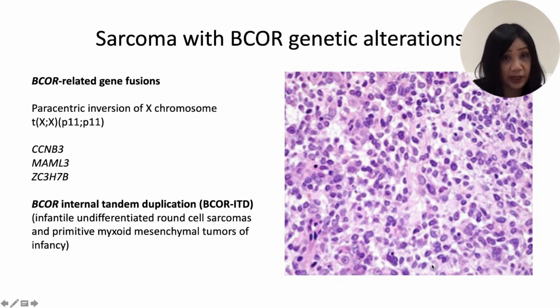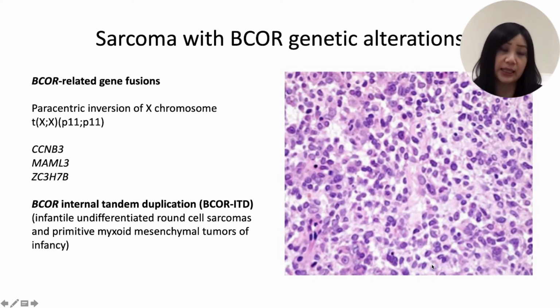So BCOR gene can cause tumorigenesis in two ways. The first way is that it can fuse to a partner gene. That's a variety of genes, but most frequently it is CCNB3. So standard fusion. And the second way in which it can lead to oncogenesis is through BCOR internal tandem duplications. So there are multiple duplications of this BCOR sequence within an exon, and these are sarcomas with BCOR internal tandem